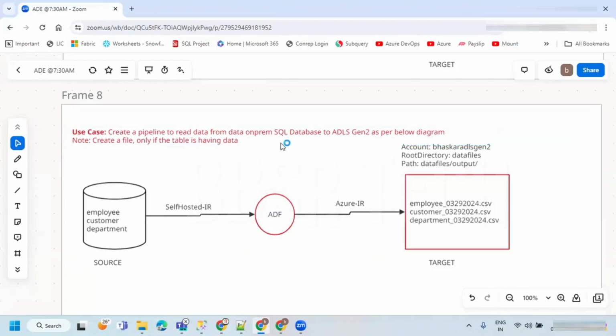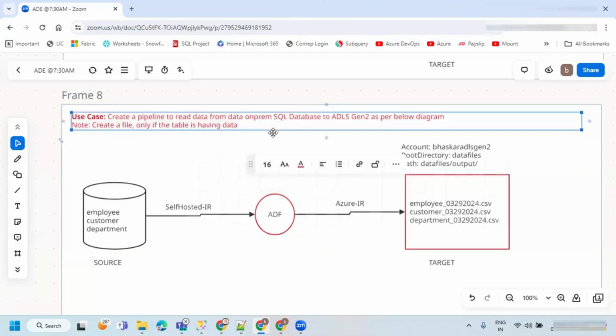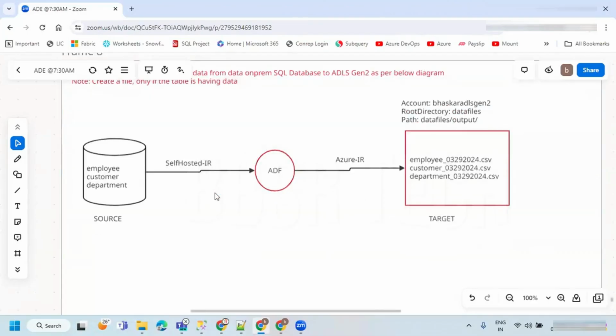If the table is not having data, then I don't want to bring it. So if that is the case, how can you handle it?